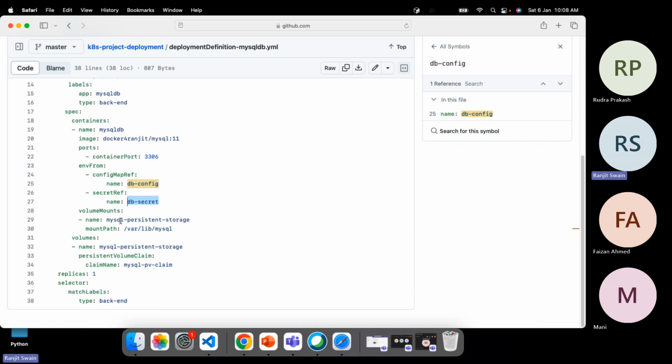And one more thing here, you could see we have used the persistent storage volume, right? What is this volume? We have created a mount point, volume mount. First, we are creating a mount point and the name we have given is mysql-persistent-storage. This is the persistent volume name. And we have given a mount path. This is the path of the container,